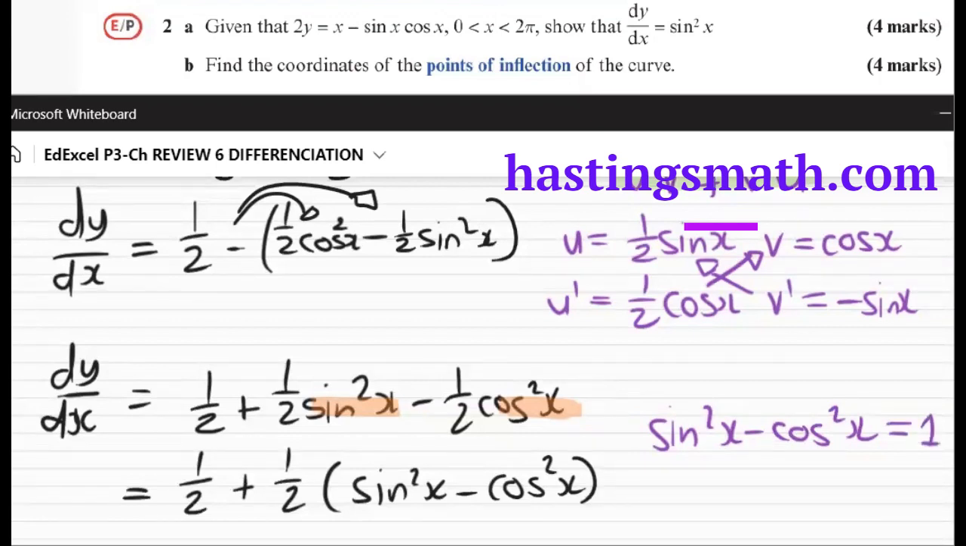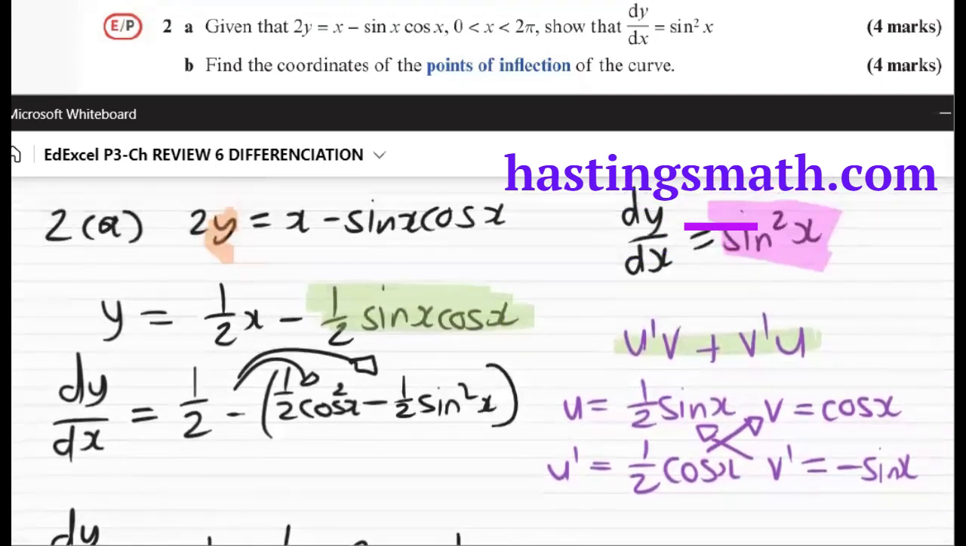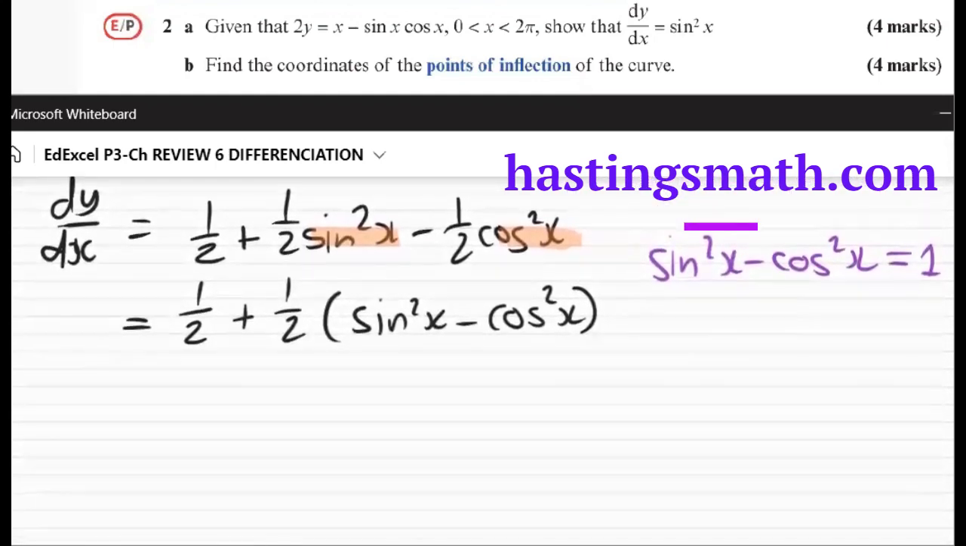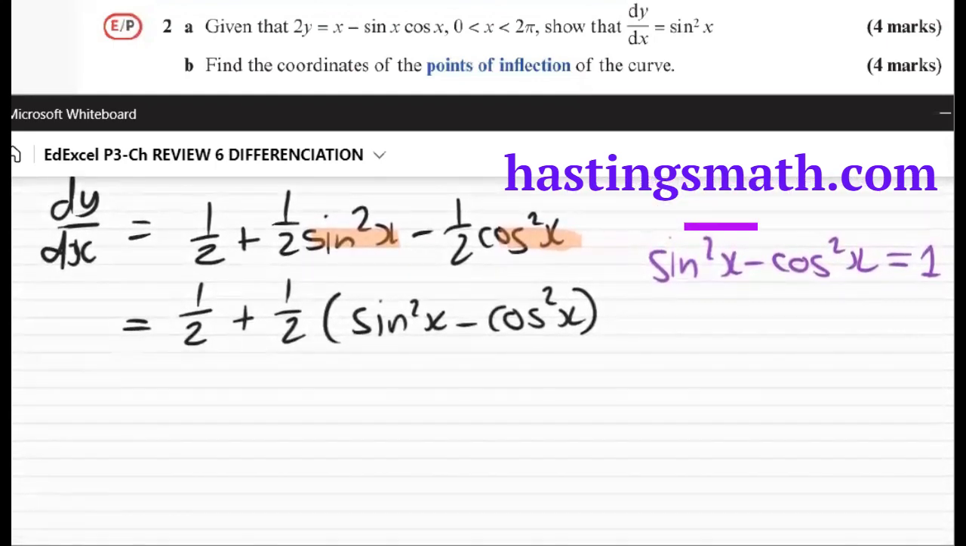I want to try and use this. So just bearing in mind that we want to end with sine squared x, we're trying to manipulate this to look like sine squared x. So far it doesn't look like sine squared x. I wanted all